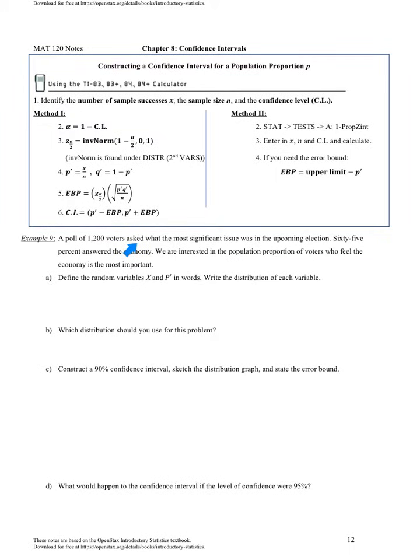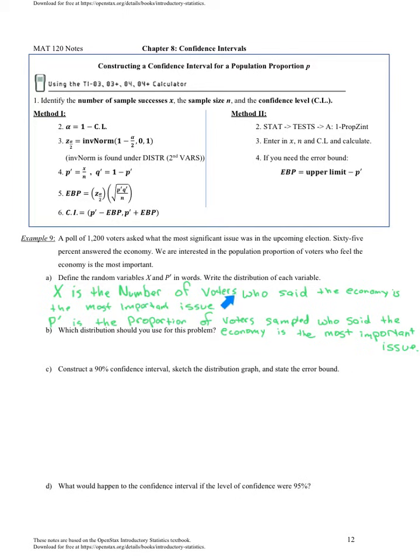Consider example 9 about the poll of 1,200 voters. When you do, see if you could define the random variable x and p prime in words. Go ahead and pause the video while you do this. And x is the number of voters who said the economy is the most important issue in this election, whereas p prime is the proportion of voters sampled who said the economy is the most important issue in this election. Which distribution should you use for this problem? We'll use our normal distribution